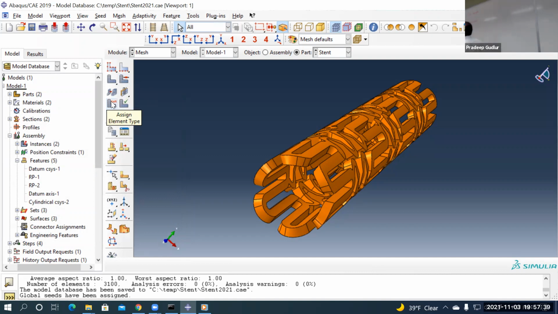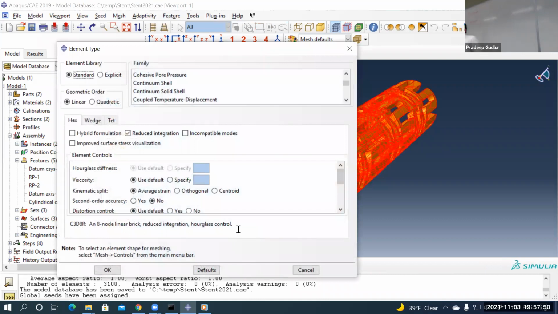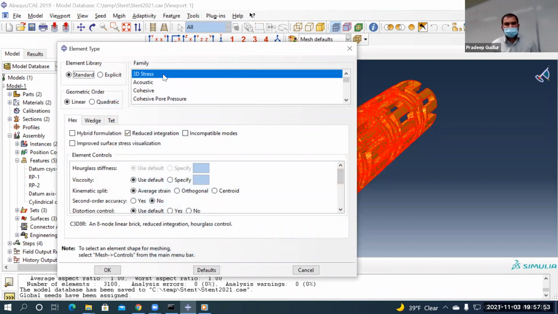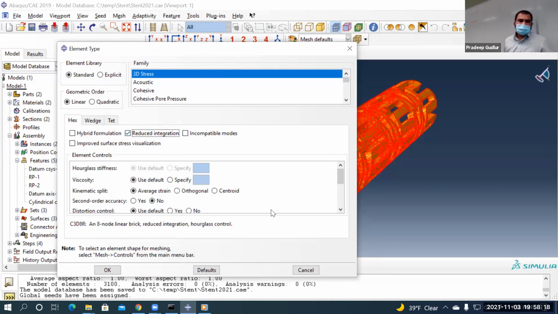So assign element type. We need to assign element type, select the geometry, done. We need to say that it's a 3D stress or heat transfer or a plane stress, whatever that problem is. So this is a 3D stress problem. So that's what element type means. Element shape means whether you're using quadrilateral or hexahedral or tetrahedral, which is a 3D triangle. So 3D stress, linear. So C3